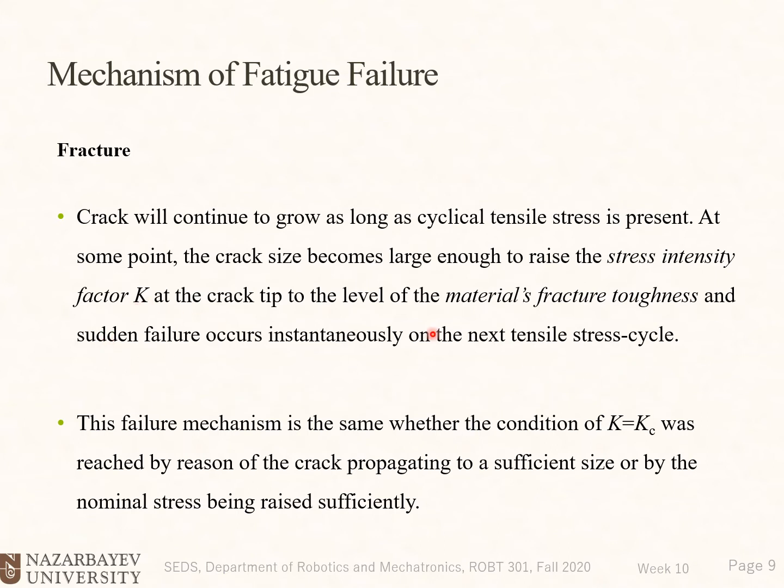So we discussed the stress intensity factor in first chapters of material properties, and we know that when it reaches the material's fracture toughness, then we could have a sudden failure. So the crack develops, this propagation continues until this stress intensity factor reaches the critical level, and then at that point you have suddenly a failure